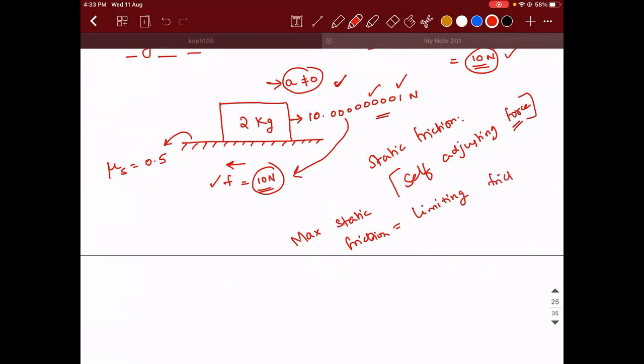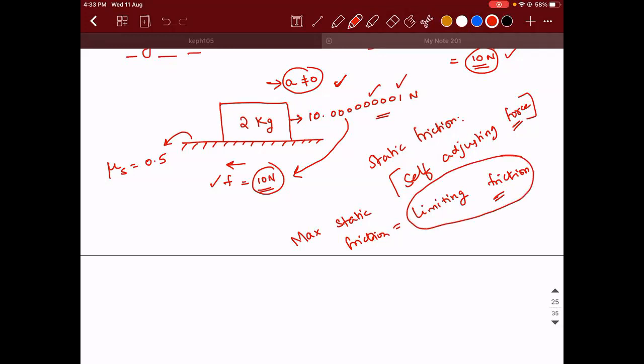So limiting friction is nothing but the maximum static friction which we need to overcome to make the object move. Or you can put it like this: the maximum static friction offered by any rough surface is called limiting friction. So only after you apply a force greater than the limiting friction, you can expect the object to start